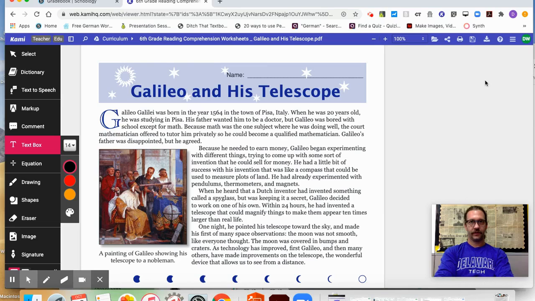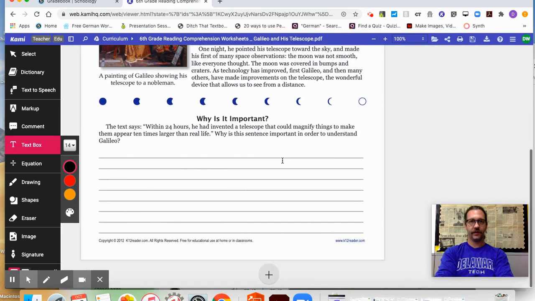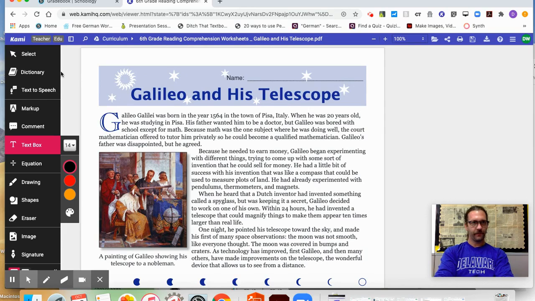All right, Galileo and his telescope. So this is a reading activity. It was from a fifth grade class,